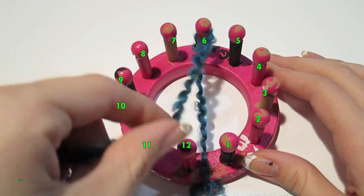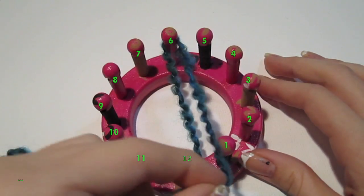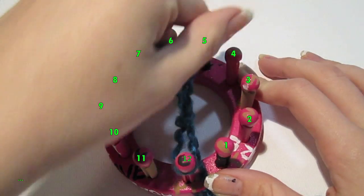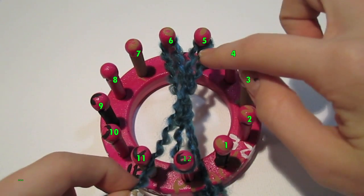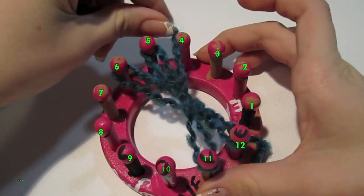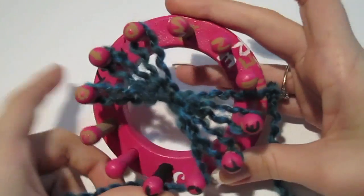So I'm going between 12 and 1 and going from the left side of 6 to the right side of 6. Then I'm going to the right side of 12, going around 12 to the left side of 5, going around 5 to the right side of 11. See that continuous line there? Not that, but that. Then I'm going from 11 to 4, 4 to 10,